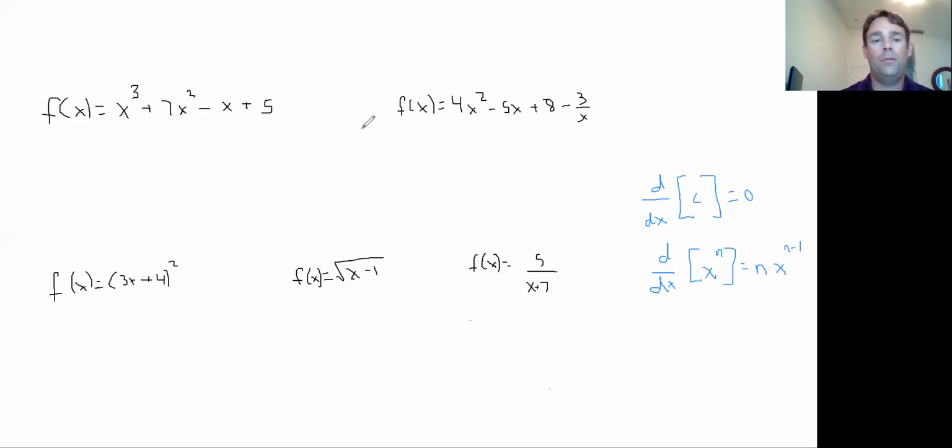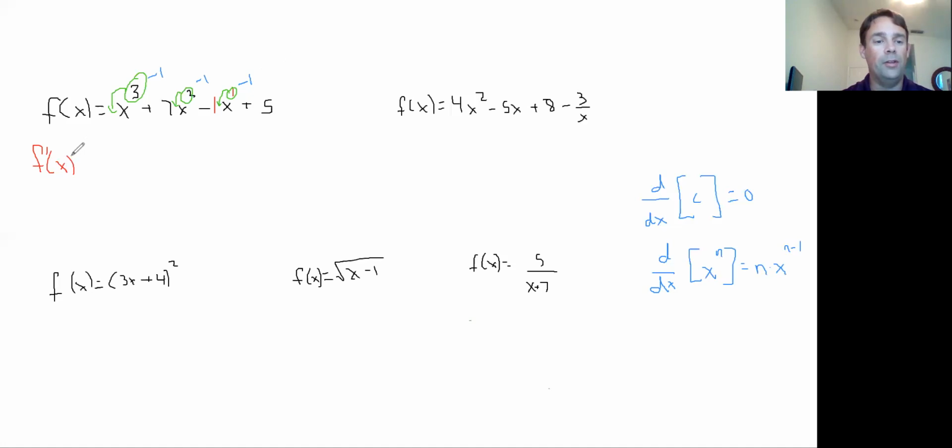So before I start this, anytime I don't see a number in front, I'm going to put a 1 there. I know that this has a 1 as well. So every exponent, I'm going to move down in front of the variable. And then after that, I'm going to come back to each exponent and subtract 1 from all of them. So if we were to do that there, so f prime of x,